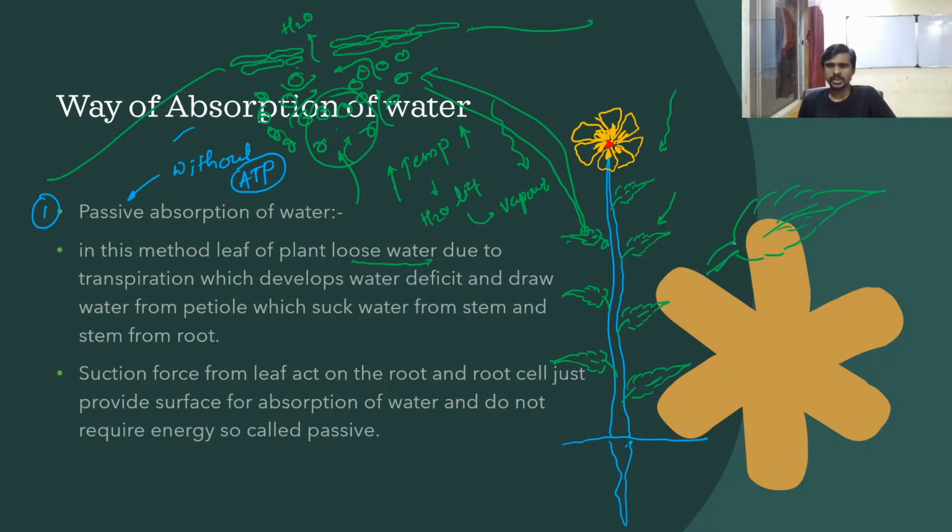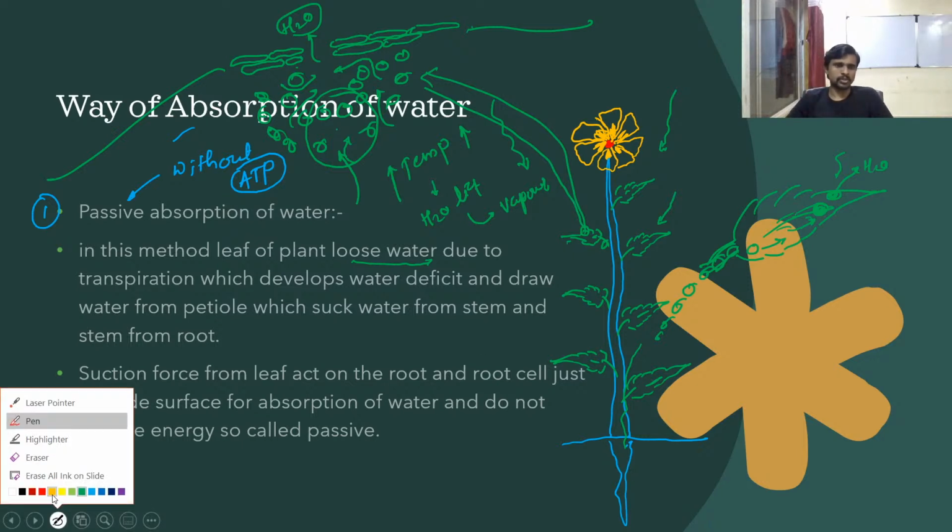Okay, so for example, in the process I drew here, a part which is conducting here also, because of light, water is moving out of the leaf. Okay, so at that time, what happens? This suction pressure which is here is now absorbing water from the bottom part. So the suction pressure is now moving. This water is moving toward the bottom of the plant, and slowly it will move toward the bottom or the root of a plant.